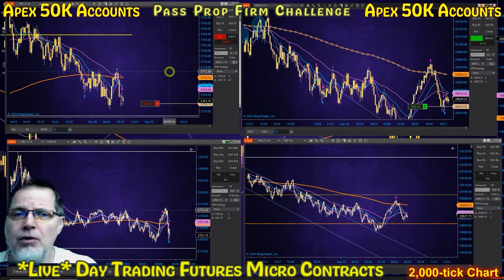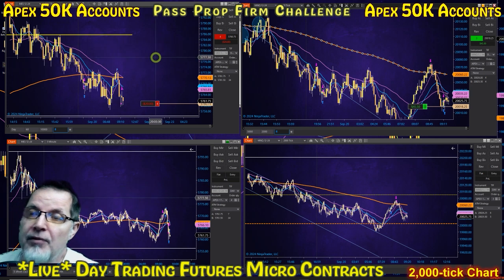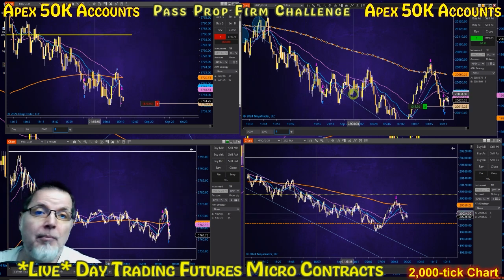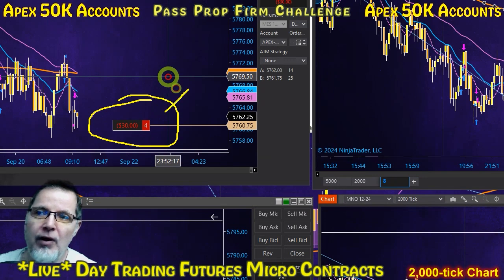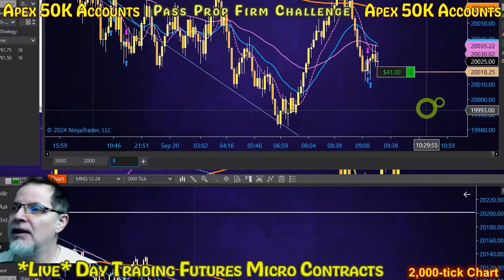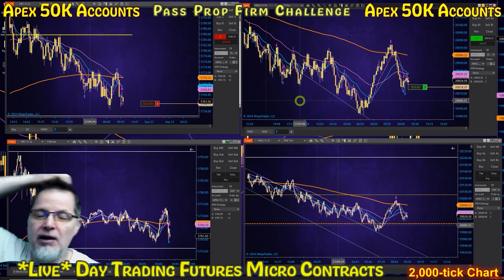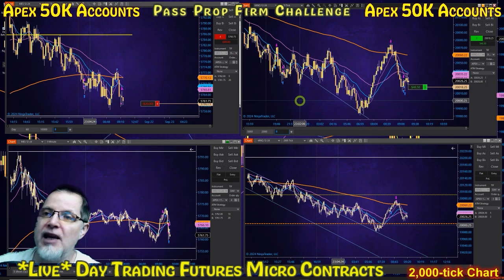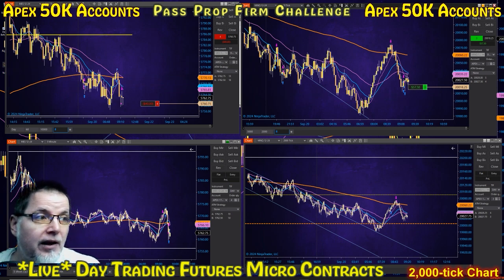If I'm looking for fast growth and I'm biased in one direction, I don't even have to put on a hedge. I can just go long. But if I want to put on a micro of the MES and I'm long the MNQ, and I'm bullish today, I can hedge 1. I can just put 1 instead of 4. I can do 3, I can do 2, I can do 1. I don't have to have a more equal balance. If I'm bullish, I'm going to be heavier on the bullish side, right? Or have no hedge at all. So this is all subjective and experimental for you to learn, for us to learn, and to keep on practicing and training, and like I said, experimenting with the idea. Anyway, I just want to throw that in the video as